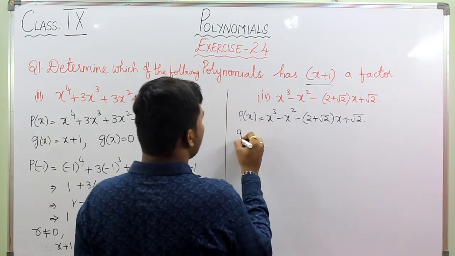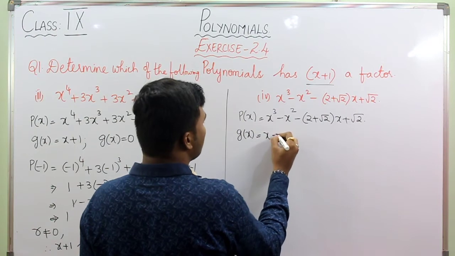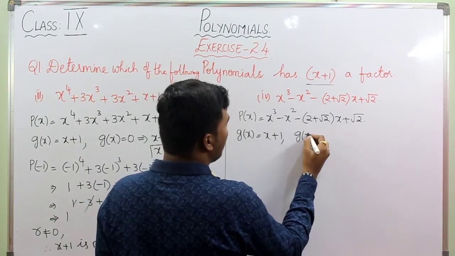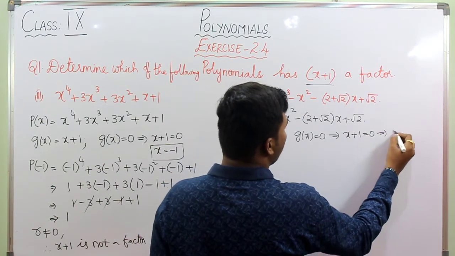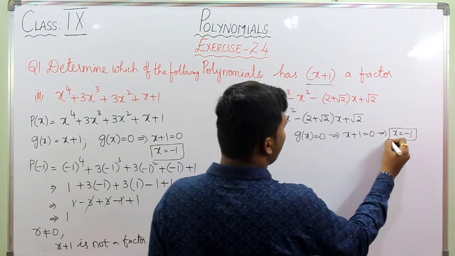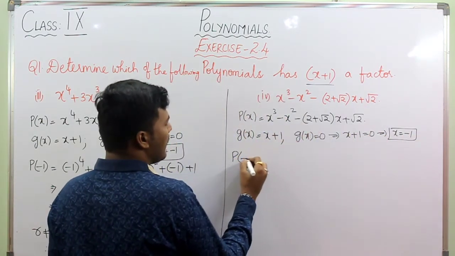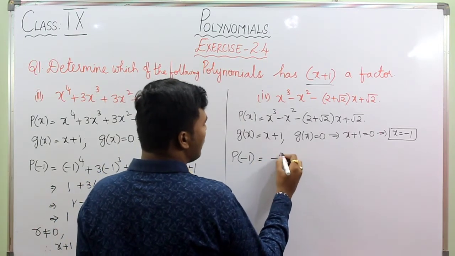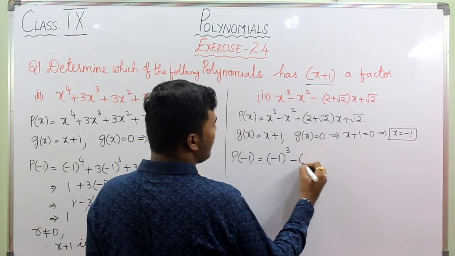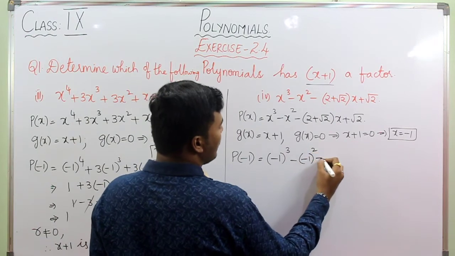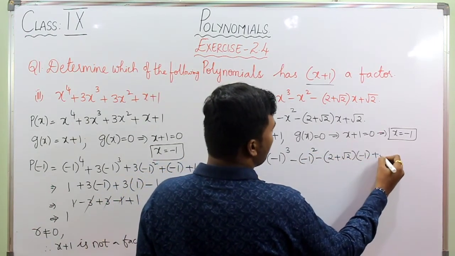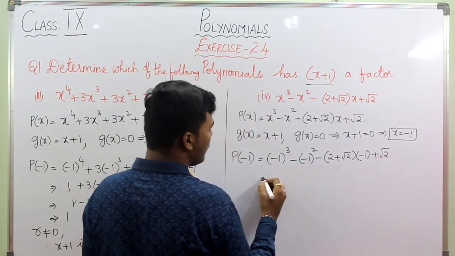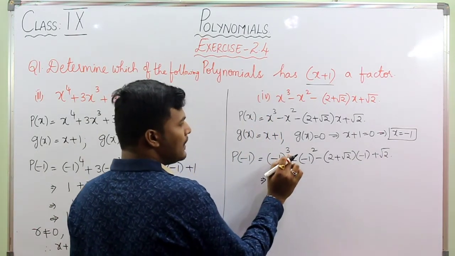Our g of x is the same, that is x plus 1. So we will be equating it to 0. Then this will become x plus 1 is equal to 0. From that, x will be equal to minus 1. So let us replace x. Then it will become (minus 1) whole cube minus (minus 1) whole square minus (2 plus root 2) into (minus 1) plus root 2. Then minus 1 to the power of an odd number,